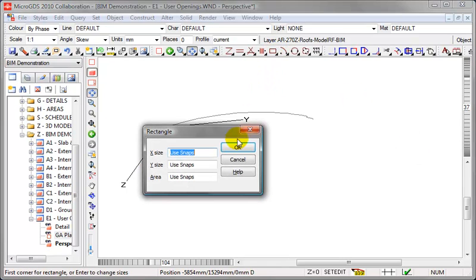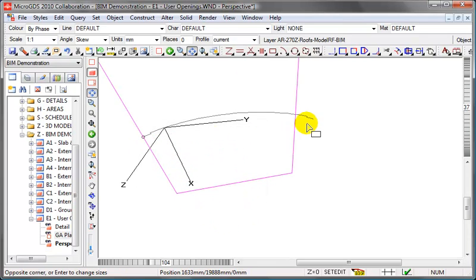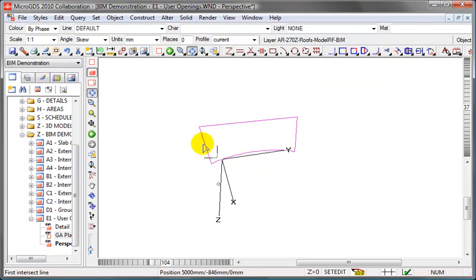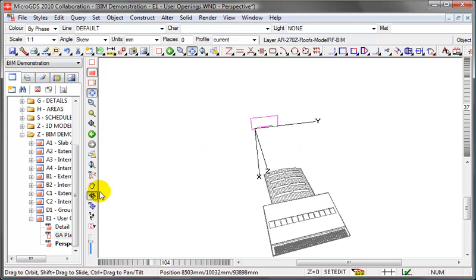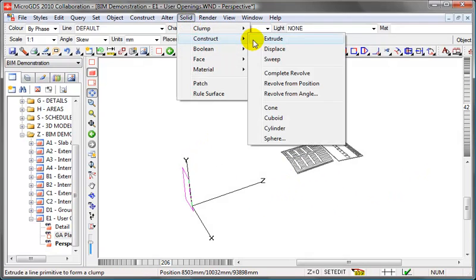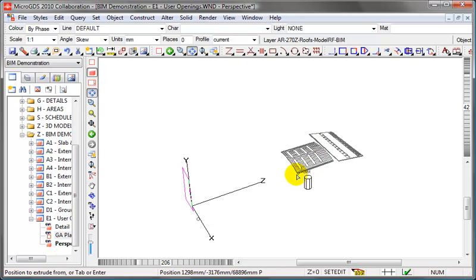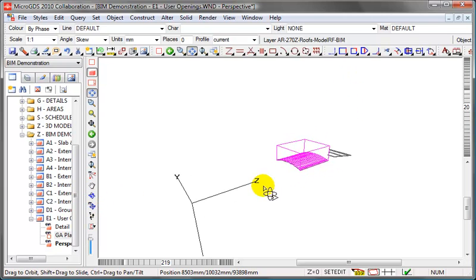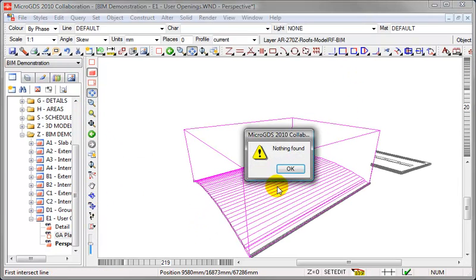The rectangle command, let's use a nice large rectangle, 25 meters should be sufficient from the end there to the end there. We can delete the bottom segment, and then we can use intersect to connect these graphics together. So we've now got a closed primitive that we can extrude that will follow exactly the profile of the roof. Again, we just need to wheel around a little so that we can see what we're doing. Give the solid construct extrude command and snap on one end of the roof and then on the other end. And let's just zoom in to make sure that what we're looking at is an exact profile